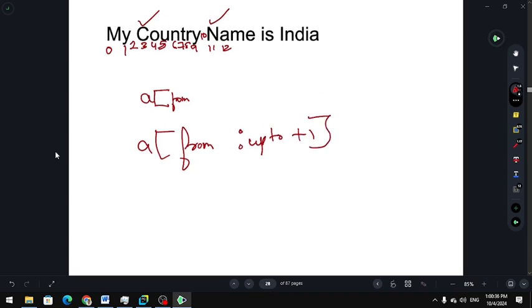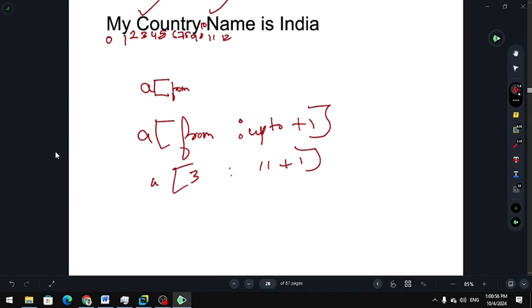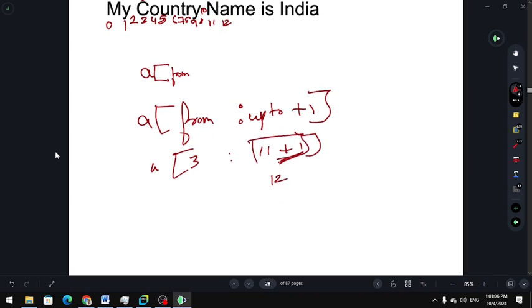Python works like this: we want to print up to 11, so here it will come 11 plus 1, from 3. If we just pass 11, it will print country and this space present over here. That's why we need to add 1 to this position, so that we get 12. Instead of doing this, we can directly type 12 as well.